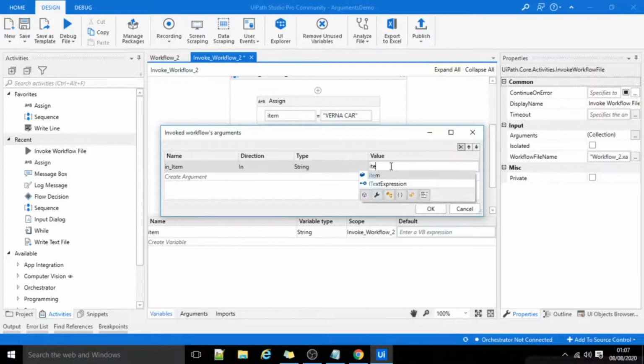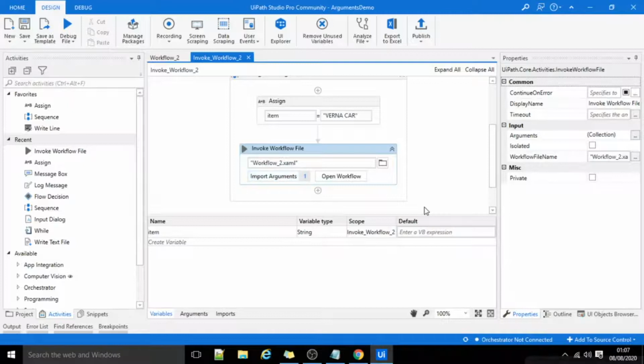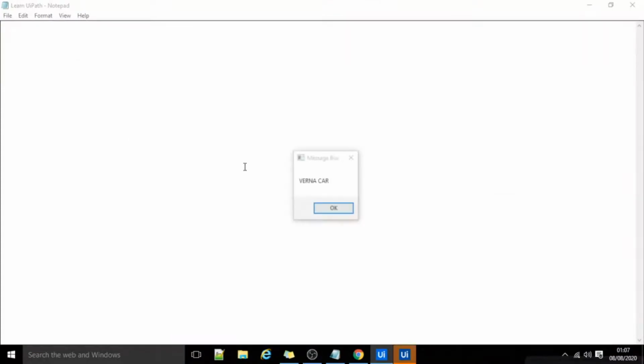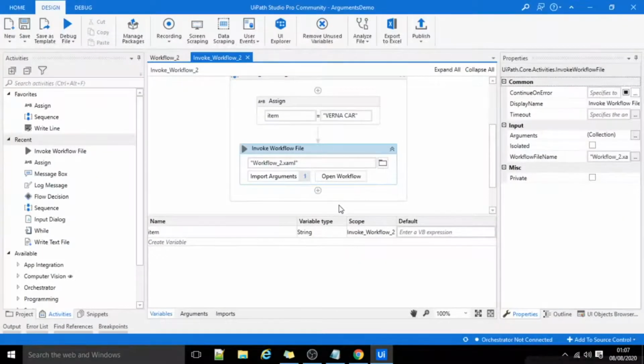So we will pass item over here. Now let me try to run this. So it is displaying the message Varna car. This is how an In direction argument works.